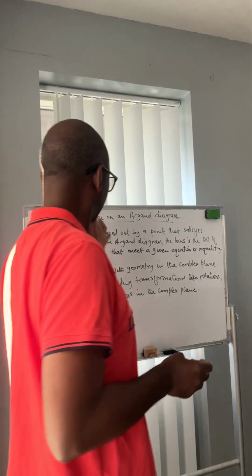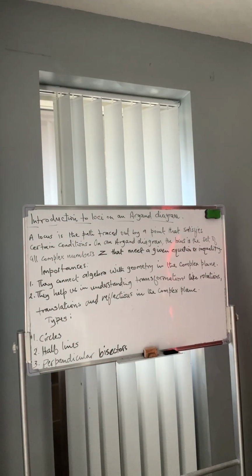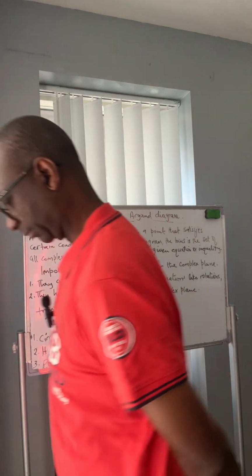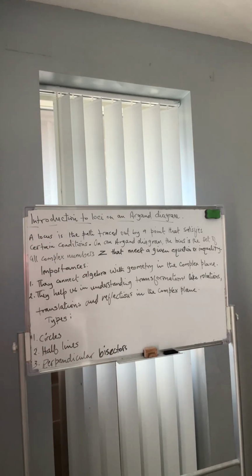So, why do we need to study this topic, introduction, loci on an Argand diagram? Why do we need to study a topic like this? There are a couple of reasons, but we'll outline just two reasons here, which are very important. One, loci on an Argand diagram,